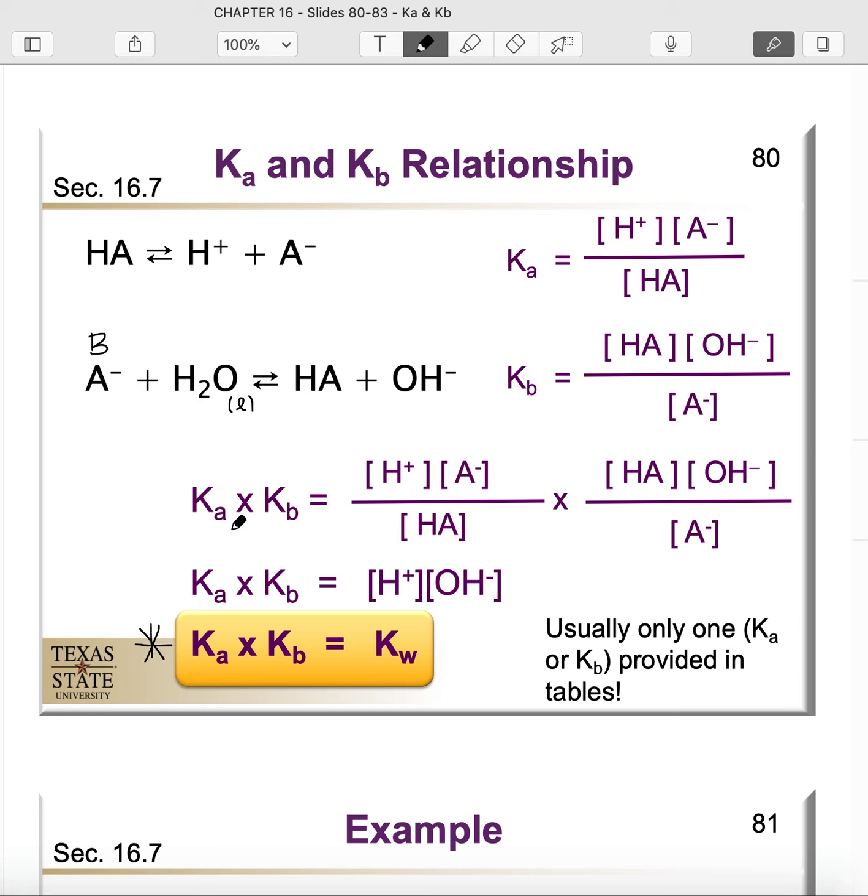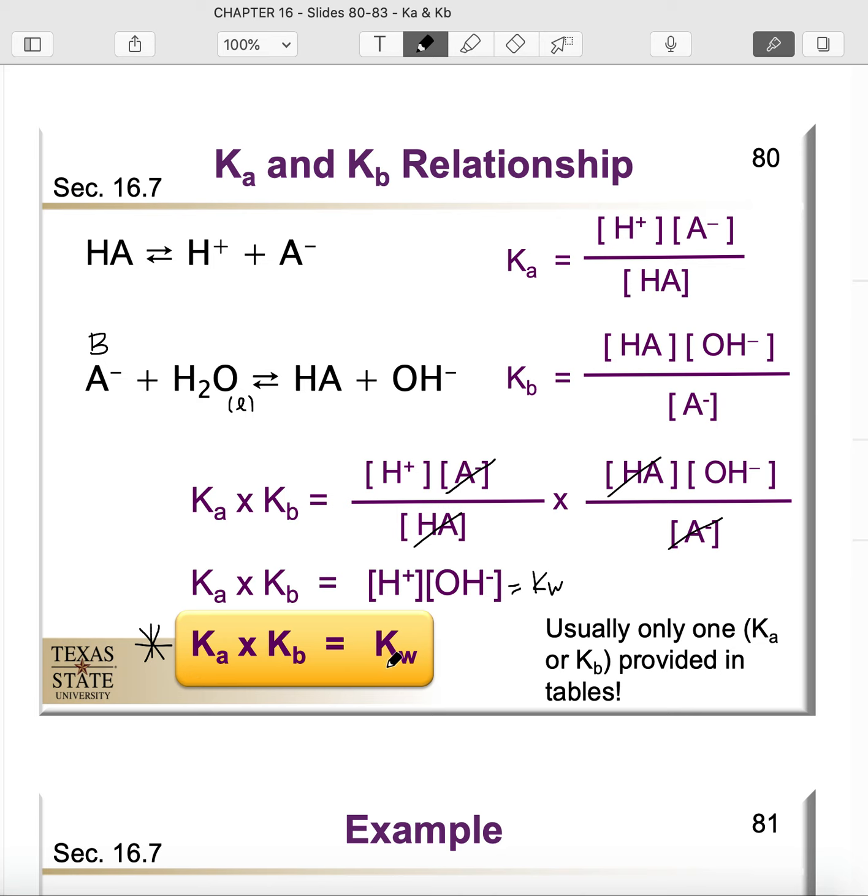If I then take Ka and multiply it by Kb, that would be basically this term from Ka and this term from Kb. And if you notice, there's a couple of things that we can cancel away. For example, the anion cancels away. Similarly, the acid concentration cancels away. And so what we're left with is that Ka times Kb is equal to the hydrogen ion concentration times the hydroxide ion concentration. And if you recall, we previously said that that right there is defined as your Kw. Therefore, we arrive at the equation here at the bottom that says that Ka times Kb is equal to Kw,